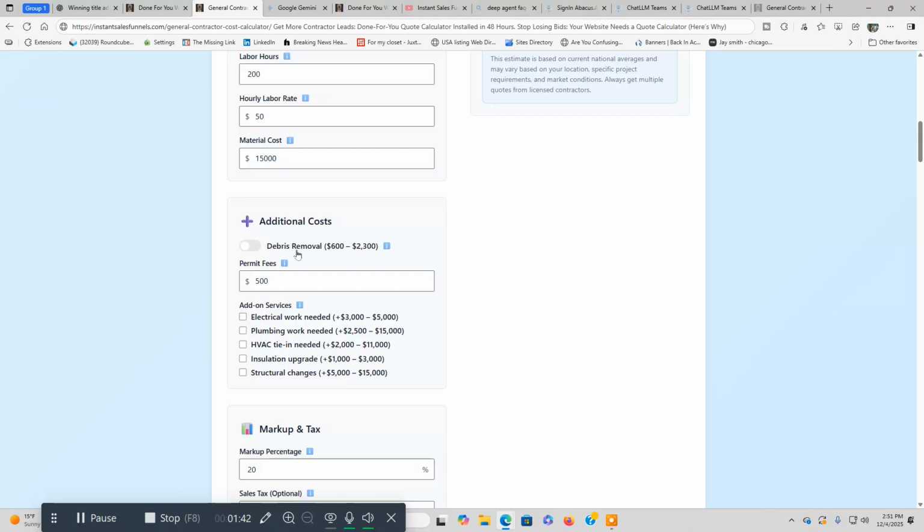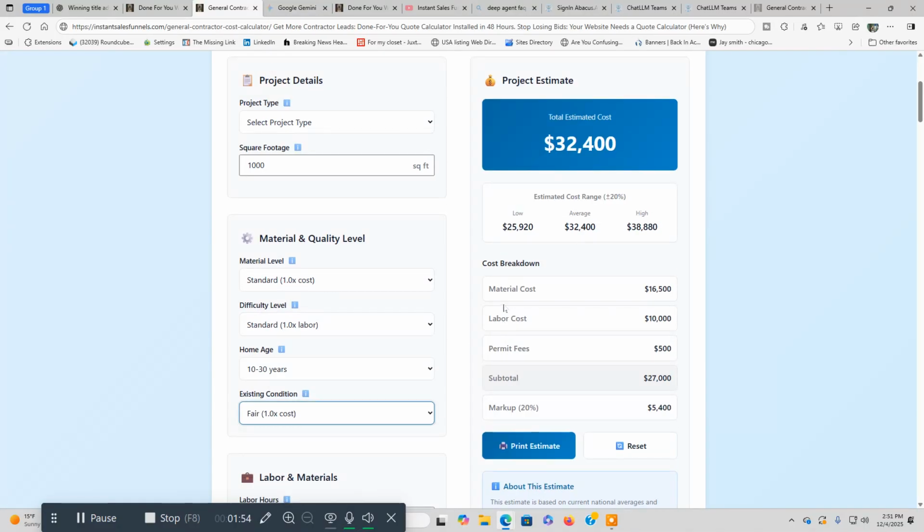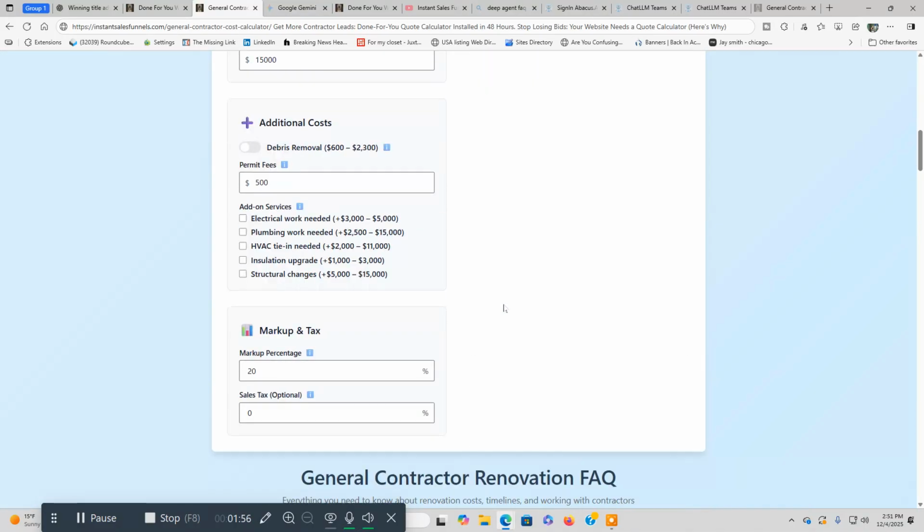You've got debris removal, permit fees, and these are all add-ons. You can select these if you want. If you don't want to, you don't have to. Different add-on services, markup and tax, markup percentage, sales tax, and once you enter all this in here,